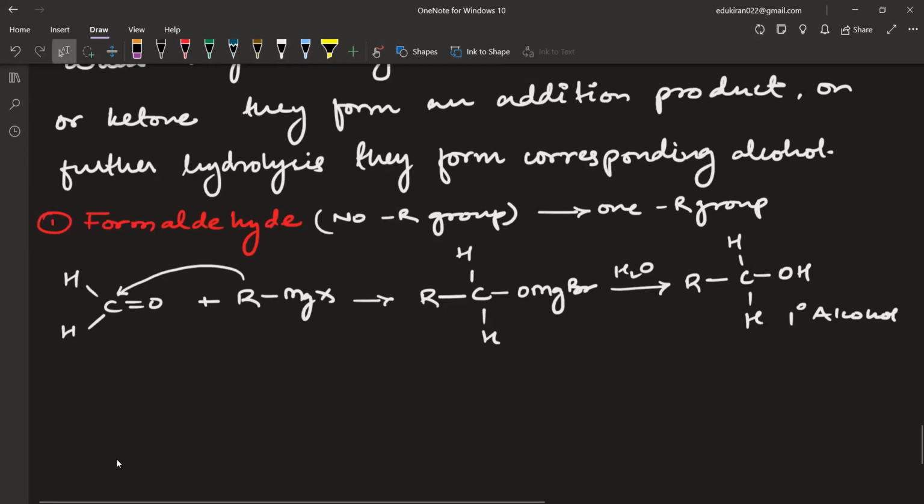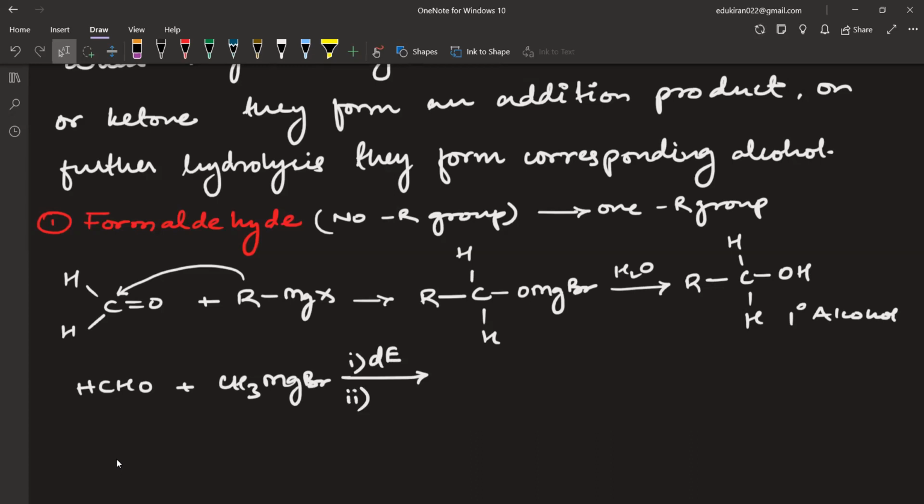As an example, if I have HCHO plus CH3MgBr, first I will treat this in the presence of dry ether, because whenever we have a Grignard reagent, we are going to have dry ether. In the second step, we are going to add water. When we add water, what is going to happen? We'll have CH3. This CH3 is coming from the Grignard reagent. It will add to the carbon atom with 2 hydrogens,